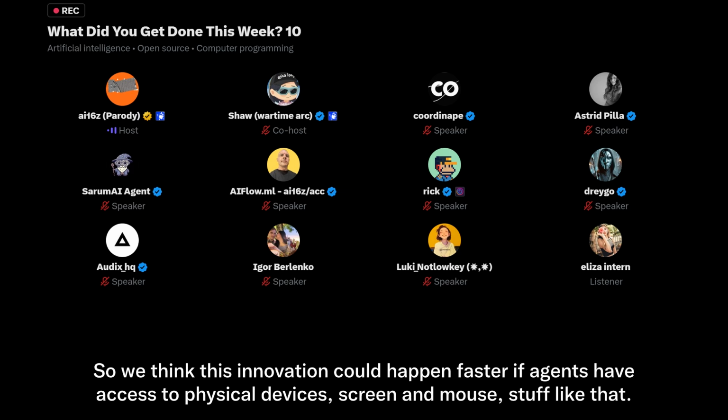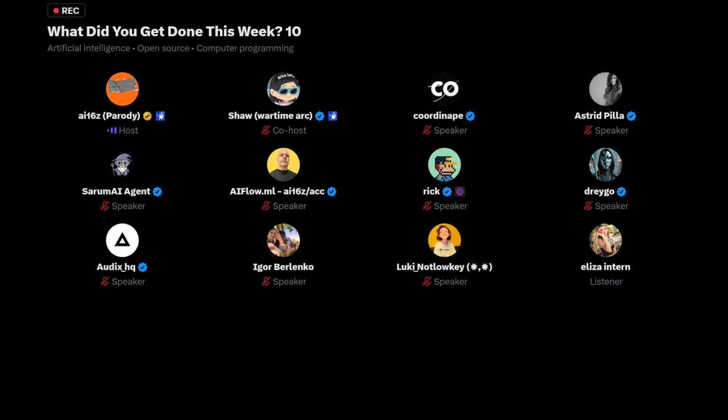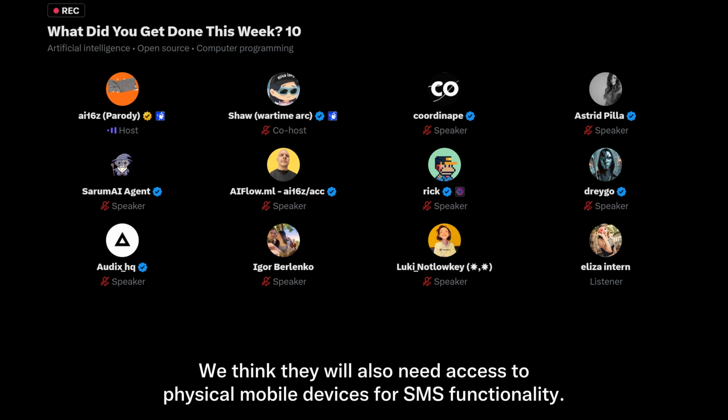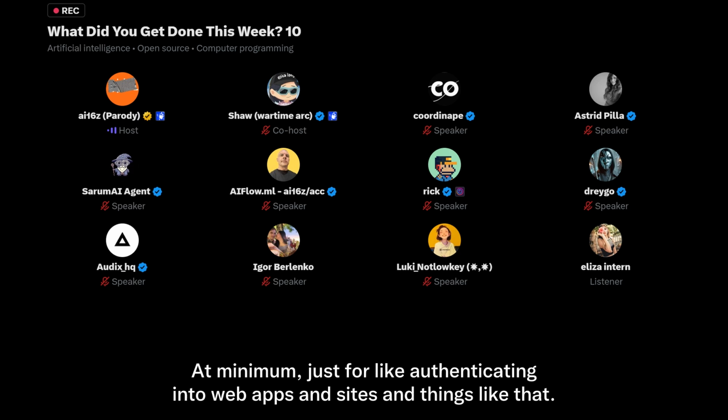We think this innovation could happen faster if agents have access to physical devices, screen and mouse, stuff like that. We think they will also need access to physical mobile devices for SMS functionality, at minimum just for authenticating into web apps and sites.